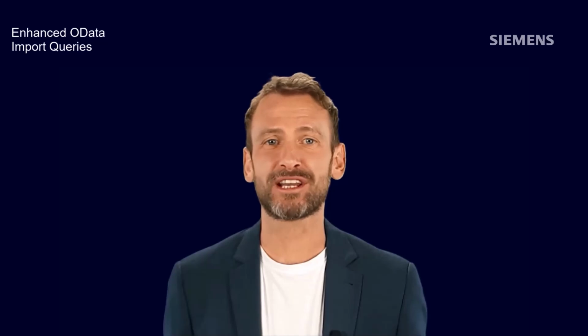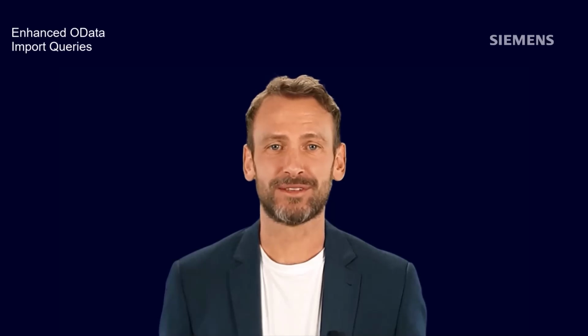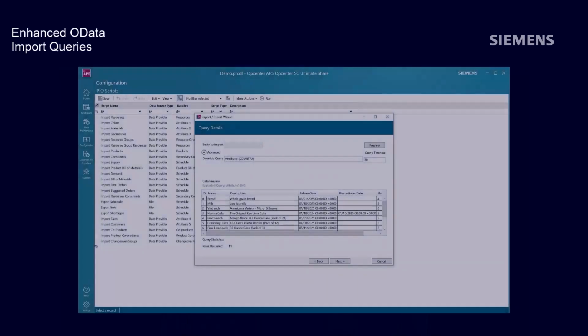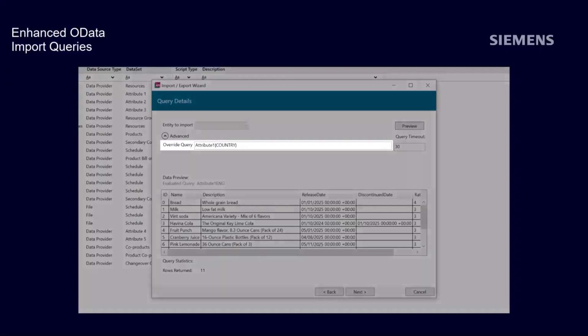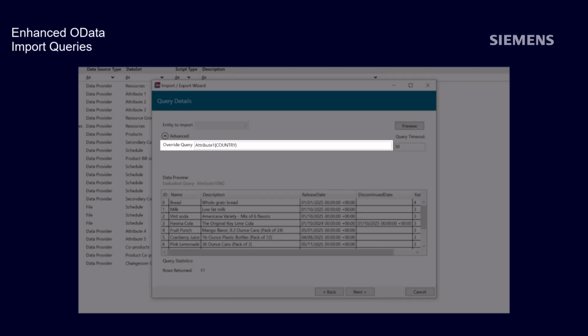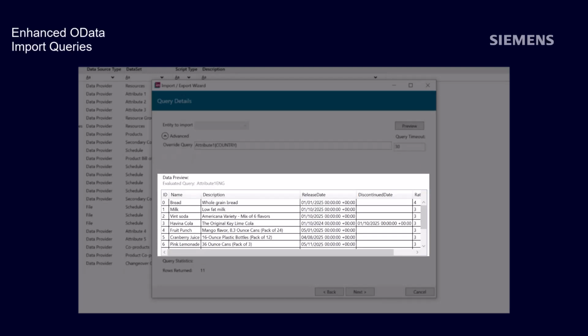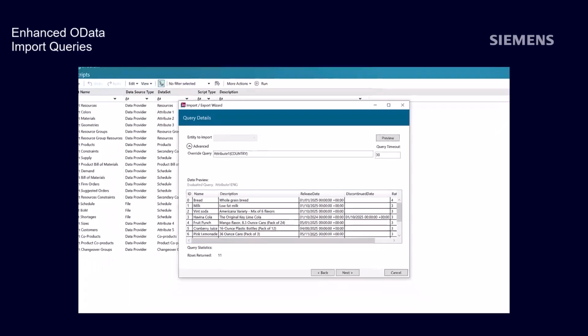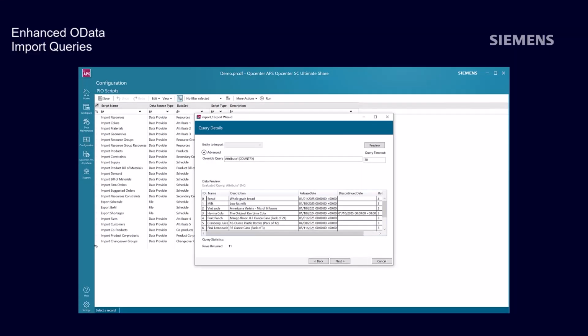There have been several key updates to our OData import functionality, making data import more flexible and multilingual than ever before. It is now possible to import filtered data by passing dynamic tags, such as site or country, within a single OData connection string. This means you can tailor your data imports to specific needs without having to create multiple connections. This makes your data management more efficient and precise.